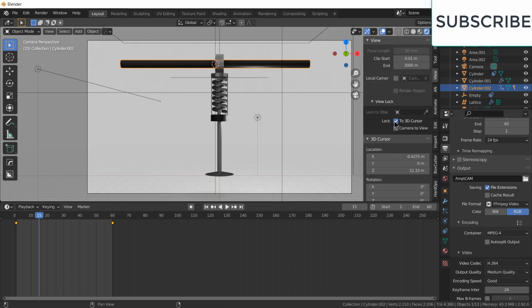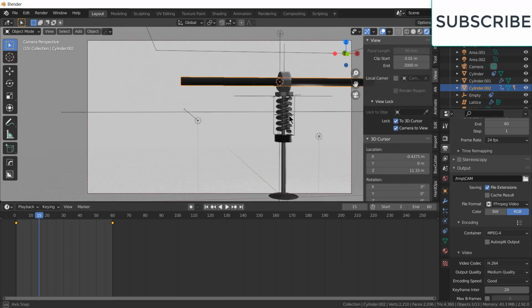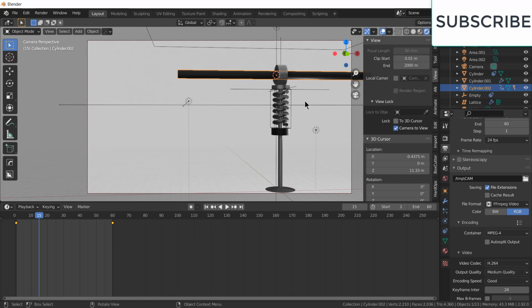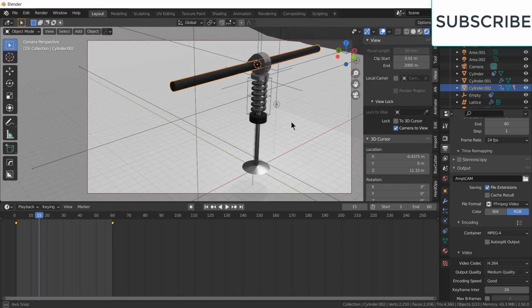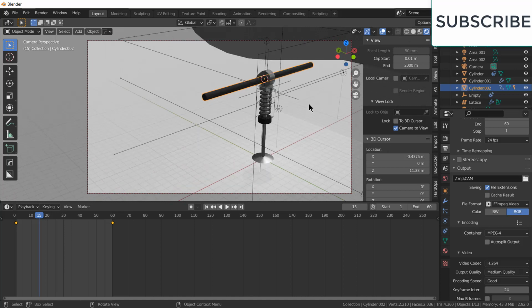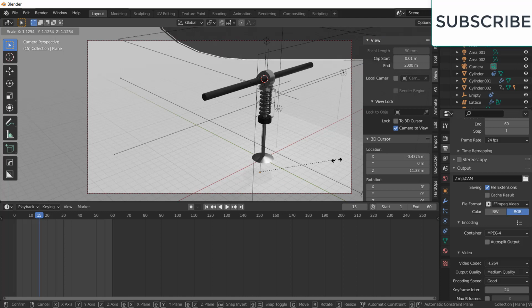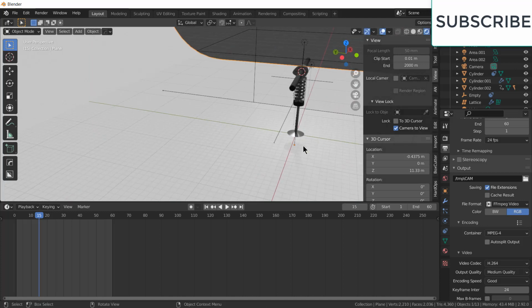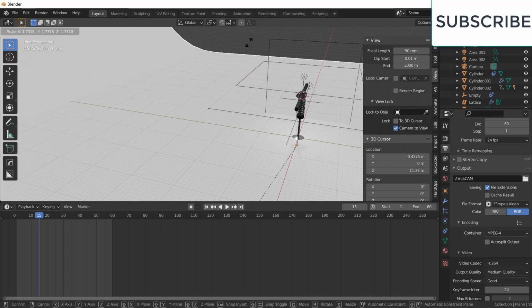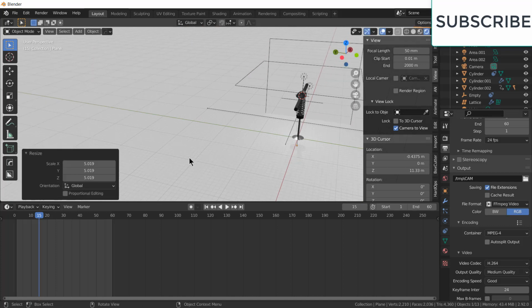Click on view, 2 3D cursor, lock camera view. Let's make the view a little better. Press 0. Let's make it a little bigger. Press 0.